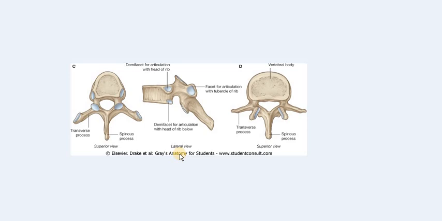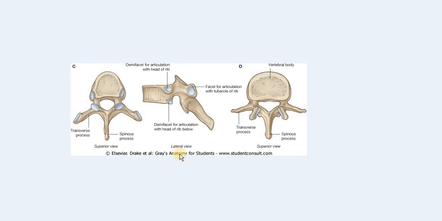Okay, then in the 11th thoracic vertebrae the body has a single large costal facet on each side, and the transverse process is small, and the transverse process has no articular facet for the rib, because you already know that the 11th and 12th ribs do not have the tubercles. So if they don't have the tubercles, they cannot articulate with the transverse process. That's why the 11th and 12th thoracic vertebrae do not have an articular facet on the transverse process.